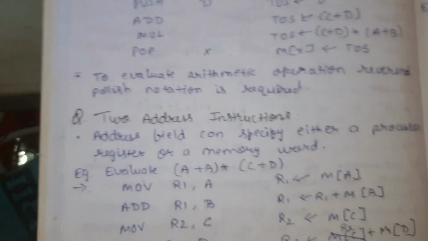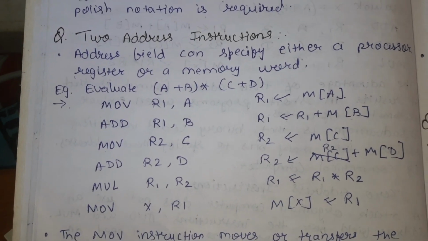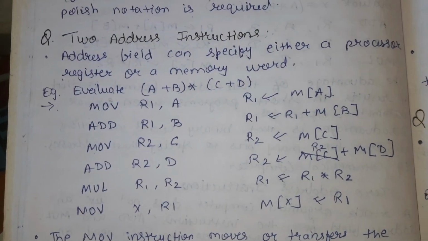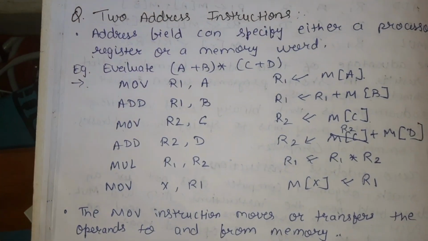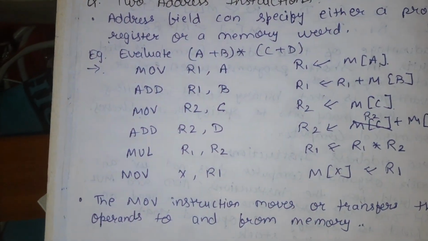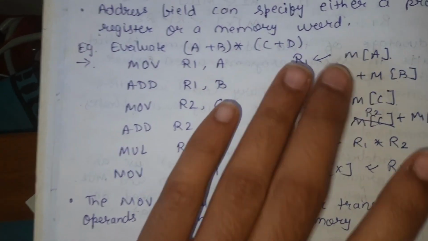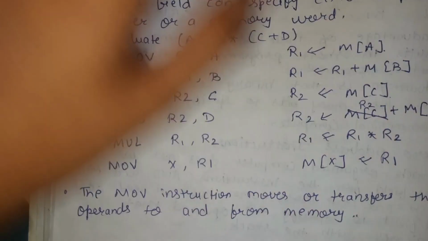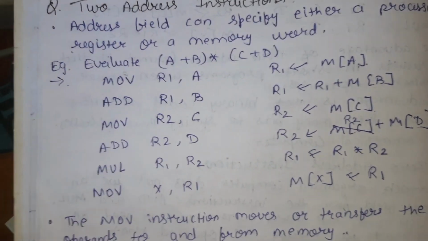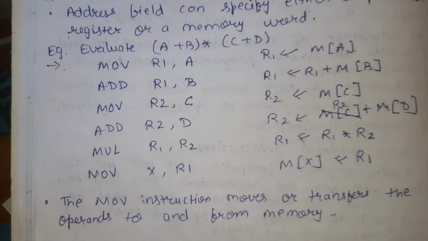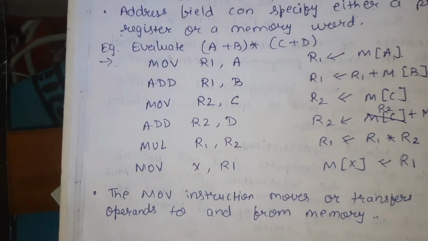After that, now we will understand 2 address instruction. Two address fields can specify either a processor register or a memory word. For example, same example. Now what we need to do is store the memory address in the R1 register. After that, since it is also stored in memory, we will directly store the value in register R1, same register, and use the previous value which is stored in R1 plus the memory address of